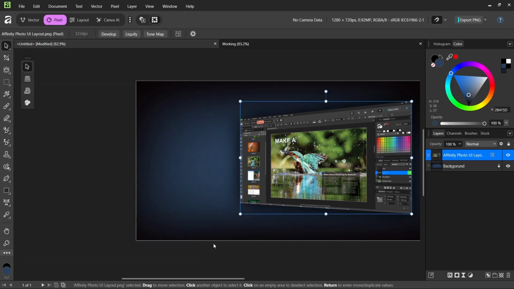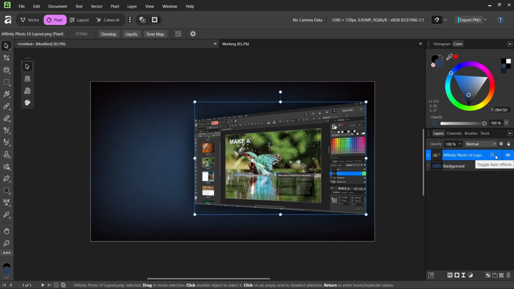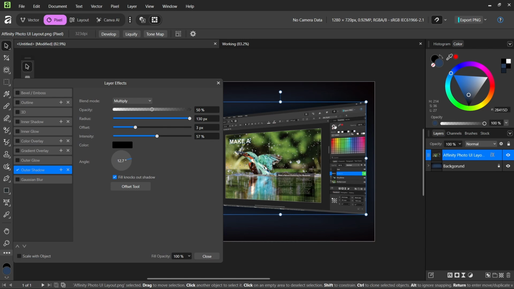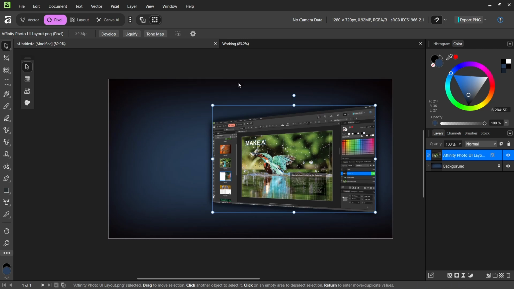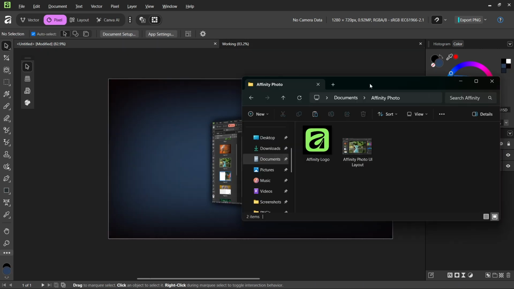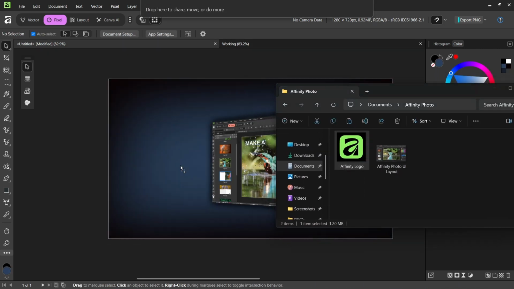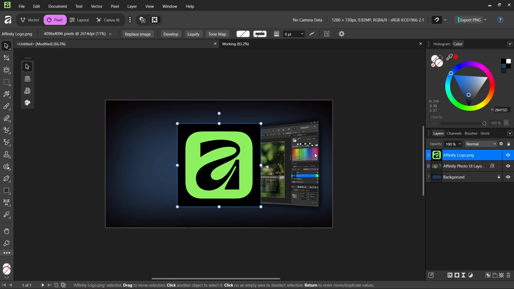Now, once I close it up, you'll notice there's a little FX logo that appeared on this layer, which means there is an effect applied on this layer. Anytime I want, I can double-click here and go ahead and change these parameters if I'd like, and you can add anything from here. Now I have to add the Affinity Photo logo, and I will drag this photo like this. And to remove this black line, I'm going to mask it by selecting the rectangular tool, shortcut is U,